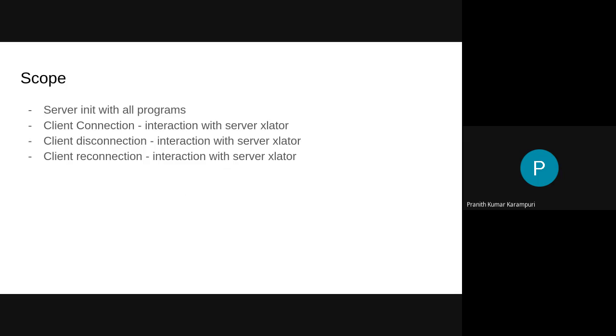Client disconnection is something that needs to be handled in server because of maybe the machines going down or network flakiness, etc. The client may disconnect from the server. In that case, how the resources are cleaned up would be covered. We will also try to cover how the client reconnects to the server after the server comes back up or the network is better after a while. Then in the reconnection process, what happens? This is also something that we will cover.